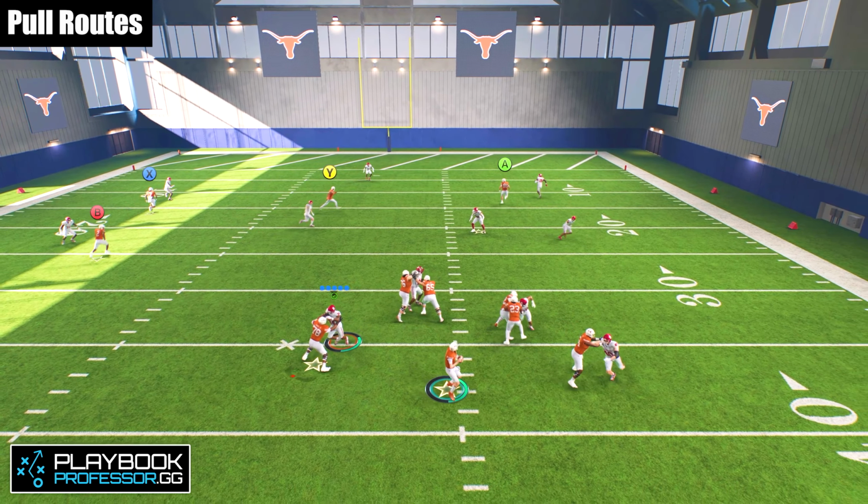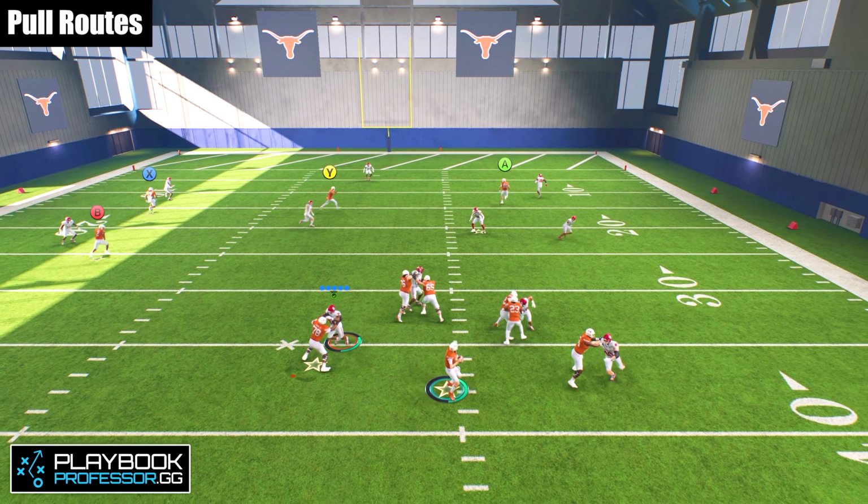Obviously, right here, you can see that we can get away with it being a little bit further inside. But like I said, this is about as inside of a streak as you can possibly get and still pull that third to open up a crosser or a corner route coming underneath. And so if you don't understand this concept of where the pull routes will work and actually pull zones back and where they won't work, you are going to set yourself up for throwing way more interceptions and not truly